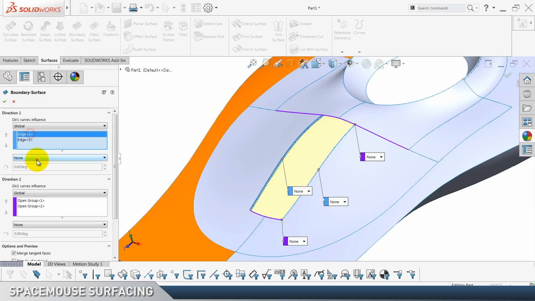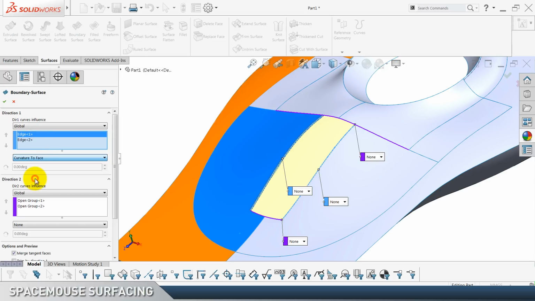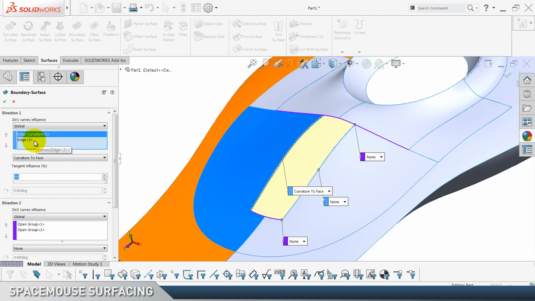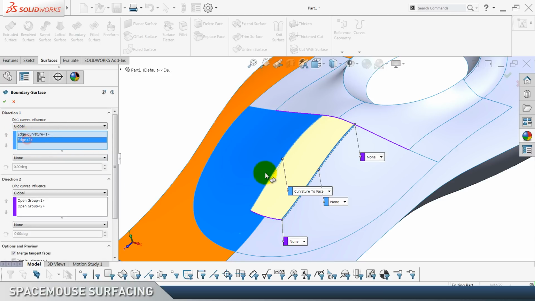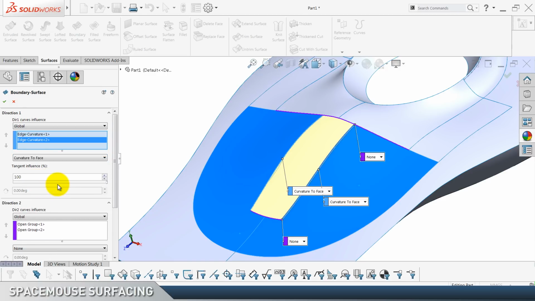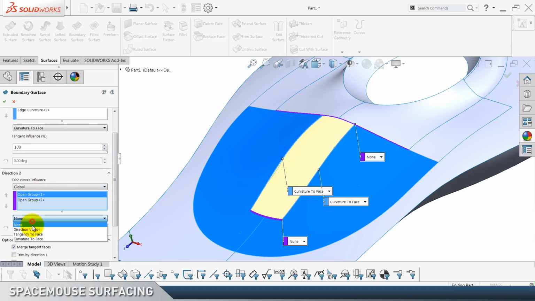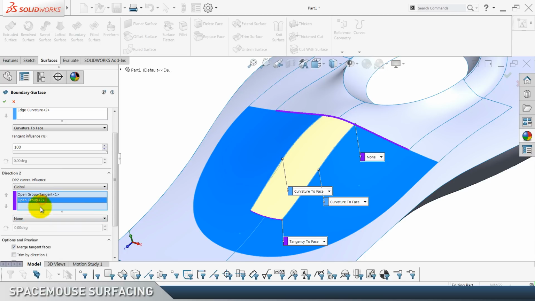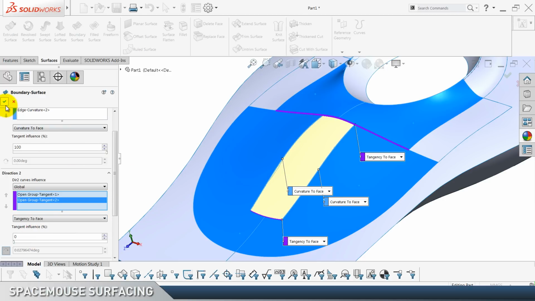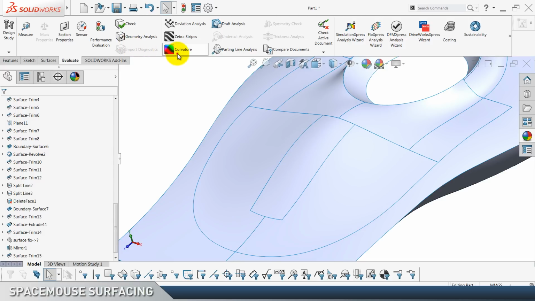So edge 1, we have curvature 100%, not 99, 100. Edge 2, it's this one, same curvature to face, 100%. And on these two we don't want that strong, so we want just tangency, and it's gonna be 0%. And here, we just want slight tangency on these two, and click OK, and you're gonna see now that